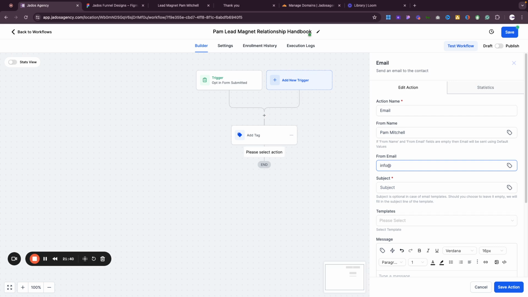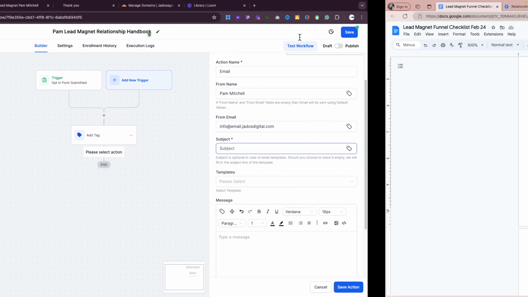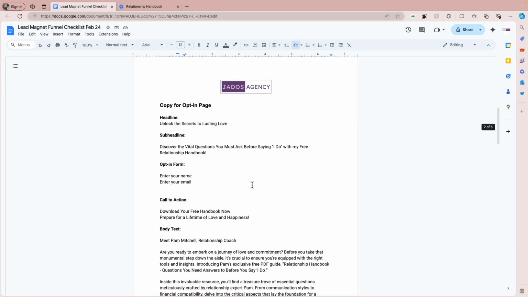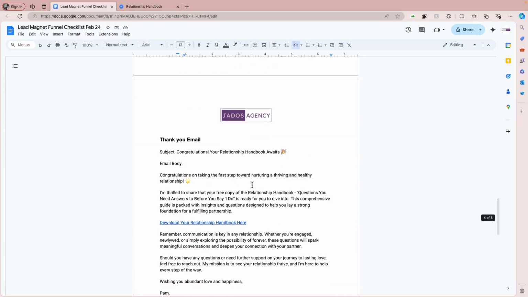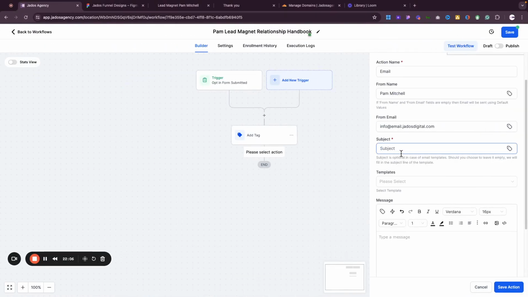In our case, we have set this up already. So this is her email address, but for you or for Pam, it will be specific to whatever you need. Now the subject: this is where it's good to already have your email prepared. The subject for that thank you email, we already have here, so we just copy it and paste it.